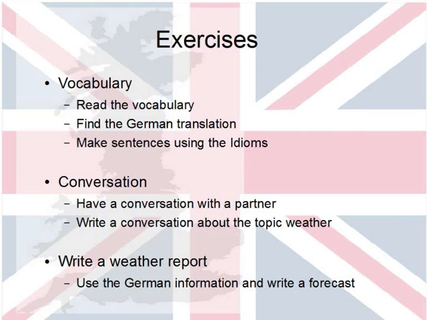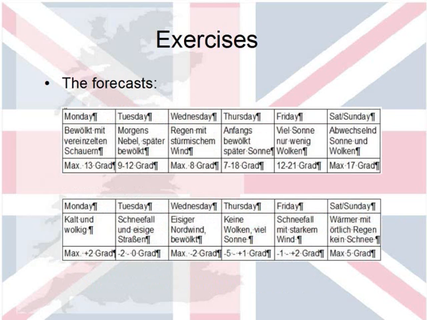Of course, I want to annoy you a little bit, tease you a little bit, because all the information, as you can see here in both examples, is in German. So we have bewölkt, we have Nebel, and we have Schneefall. So again, you have to get used to the vocabulary. You need to understand what the German words mean and find out the English equivalent. I would say feel free to do both examples.